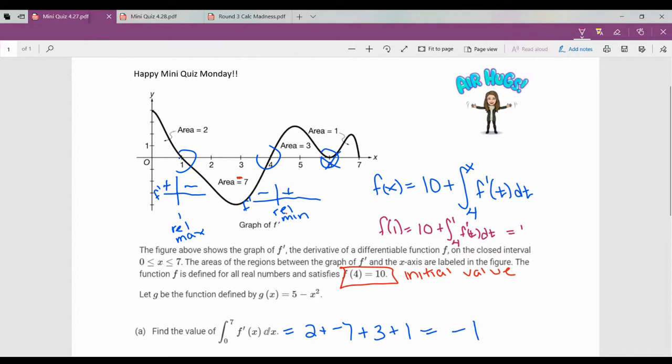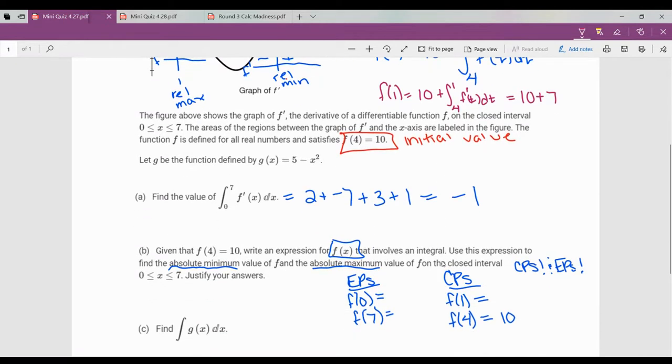So that would equal 10 plus, I start at 4 and I go to 1. Whoop, that's going backwards. So instead of an area being -7, it would be +7. So f of 1 is going to equal